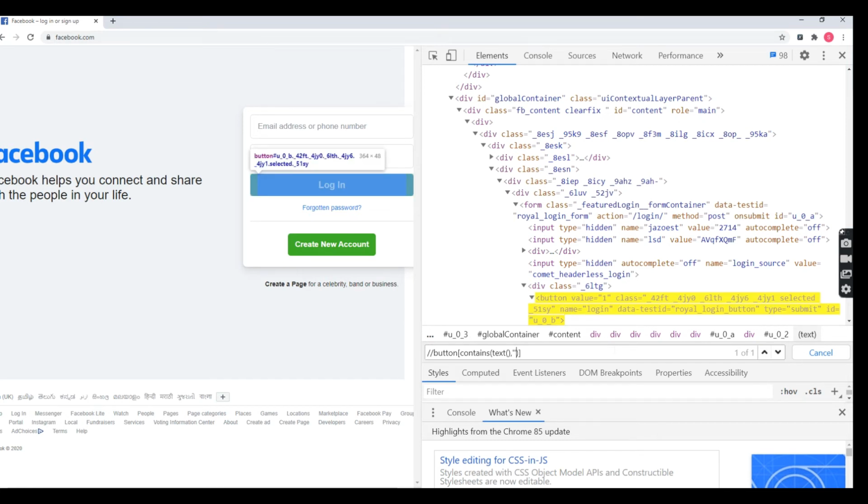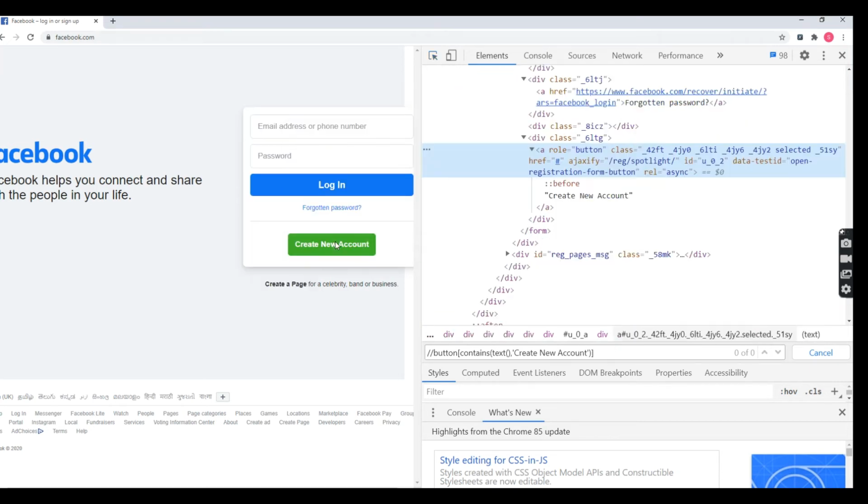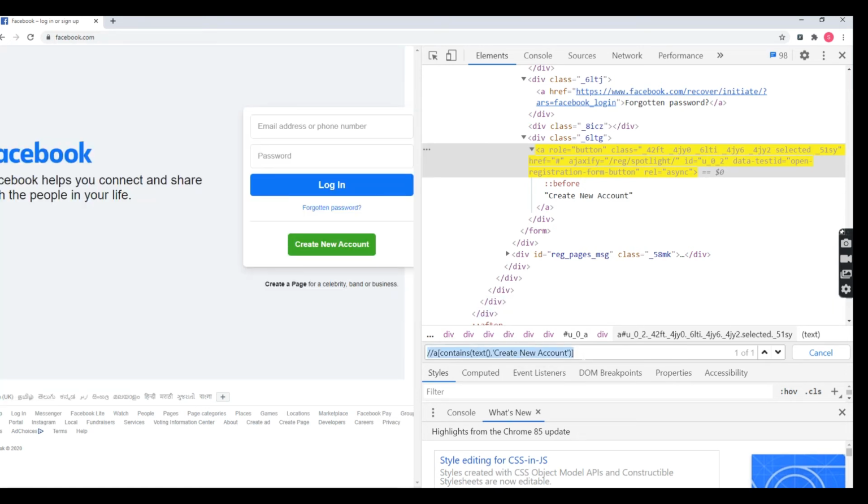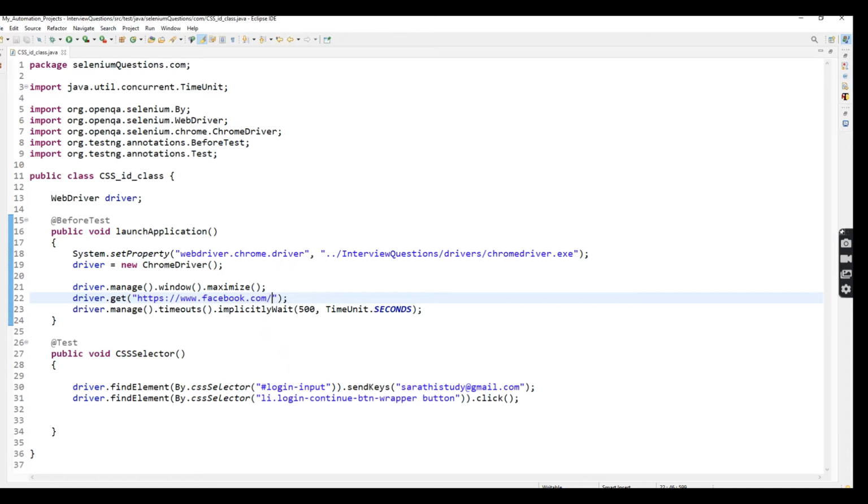Okay. Create new account. So why we can see. So this kind of silly mistake I made. Okay. So I mistakenly gave the button tag. So this is the right tag. I'm going to launch this application and use the XPath.